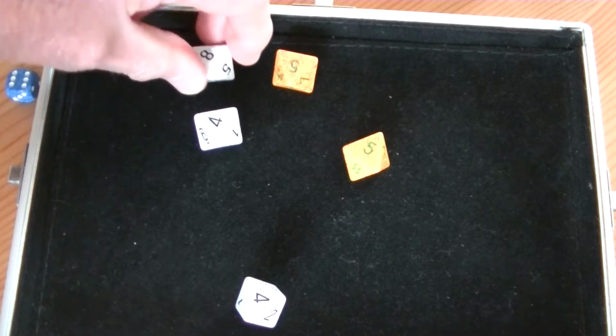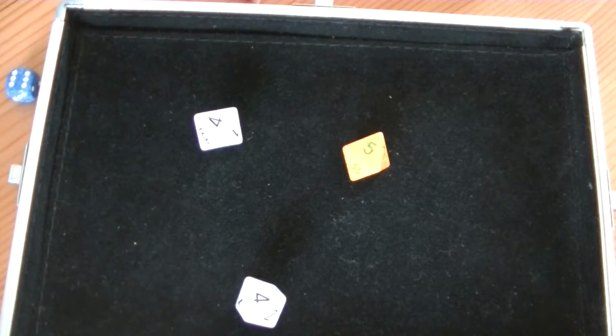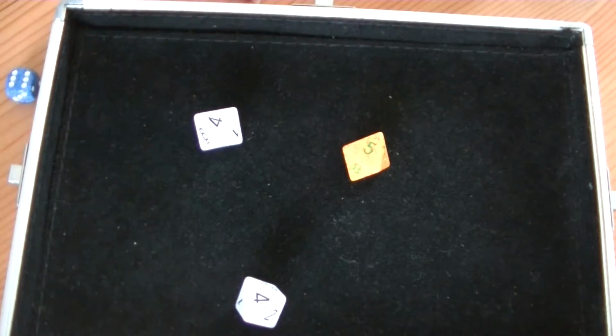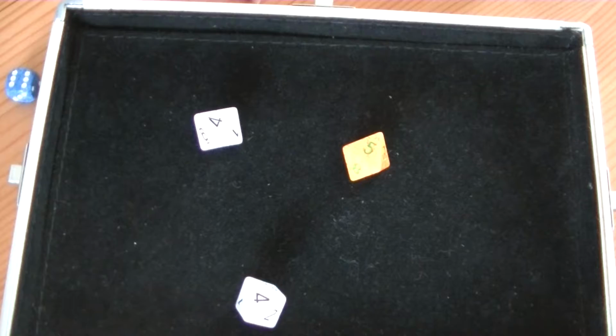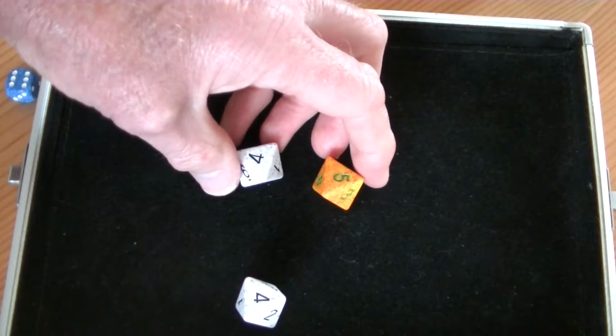Oh, there's an 8 there. That'll easily cancel that. But there are two 4s that can't match the 5. So that means there's one hit on the Russian player. So that means he's now down to, or the Russian unit, he's now down to,